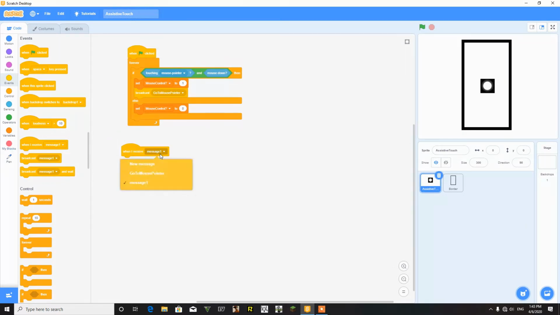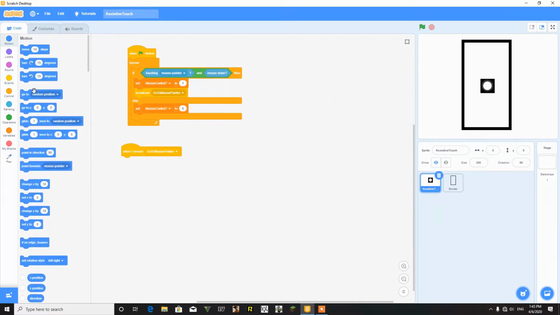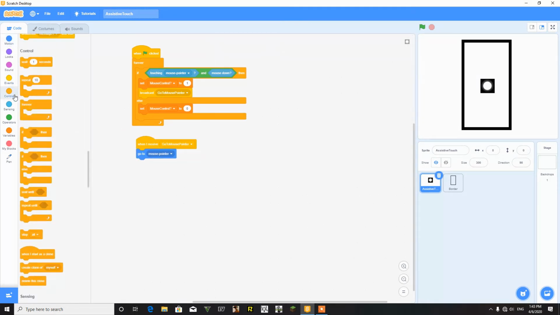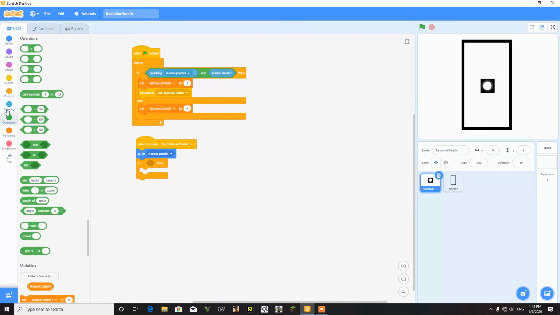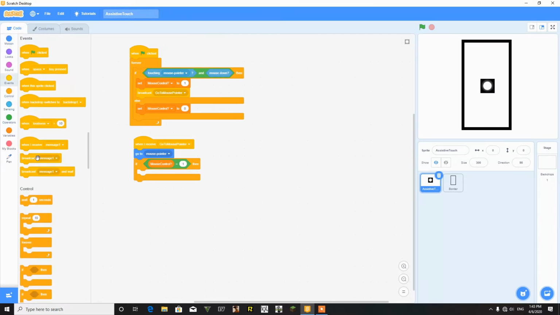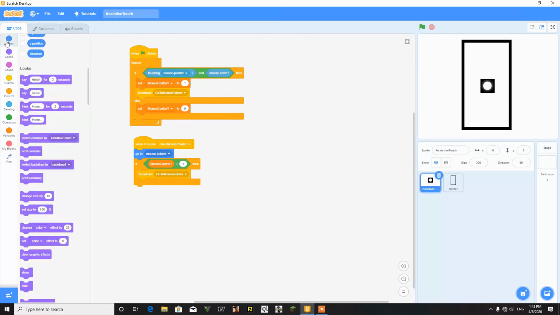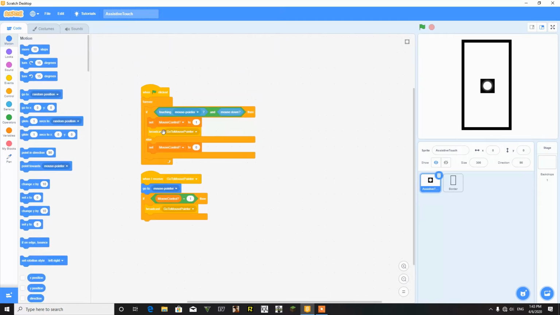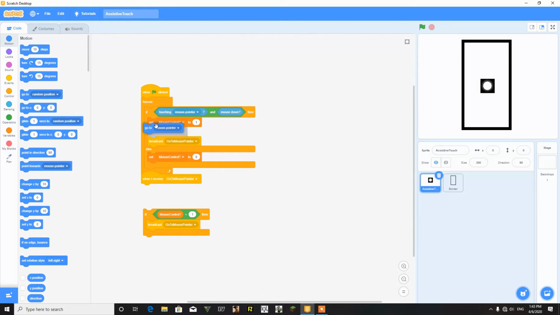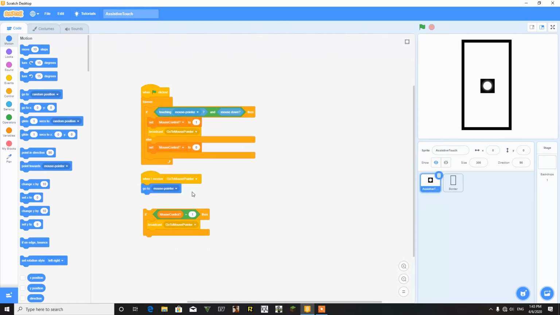So when I receive go to mouse pointer, go to mouse pointer, and then if mouse control is equal to 1, then again broadcast it, or else it won't. So I'm doing this in this way. I could put it here and delete this variable, I don't need it, but for some reason we need this script.